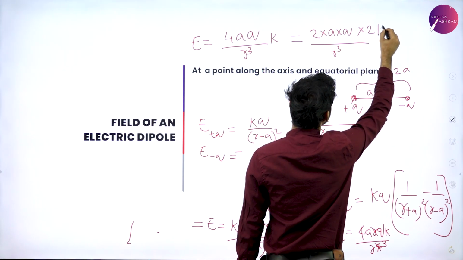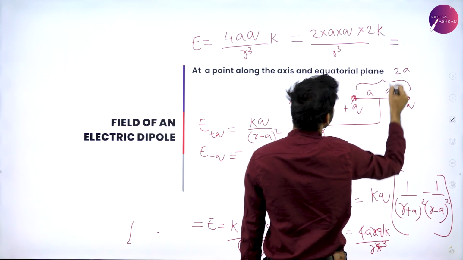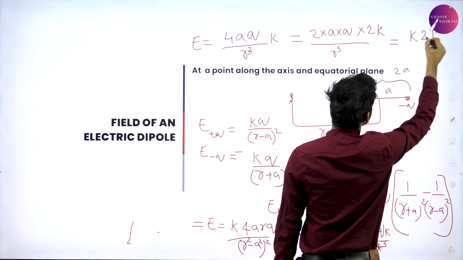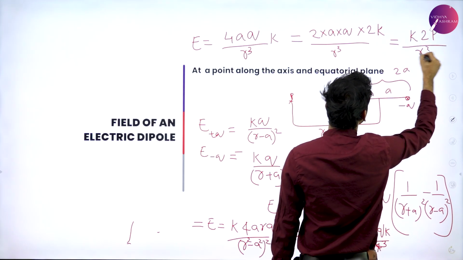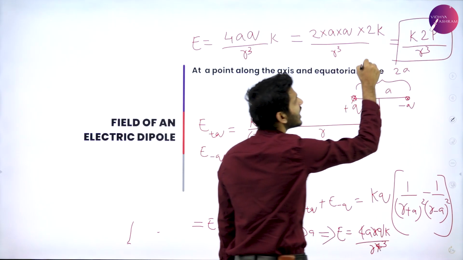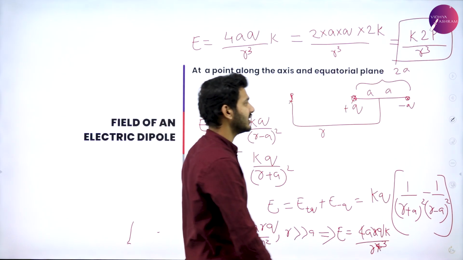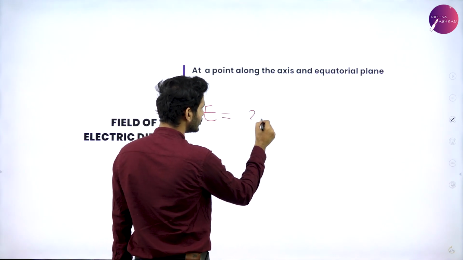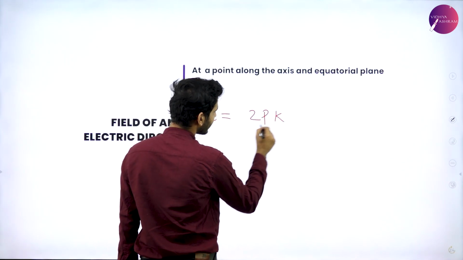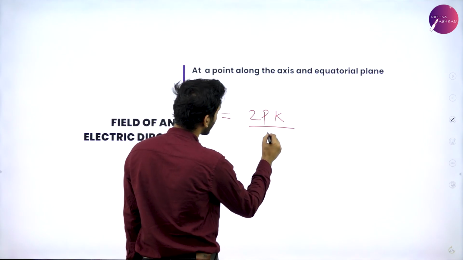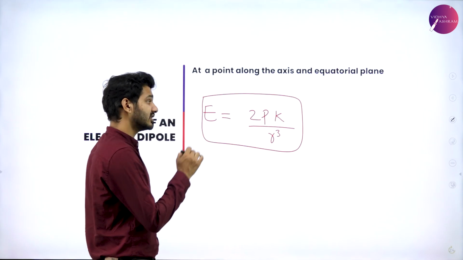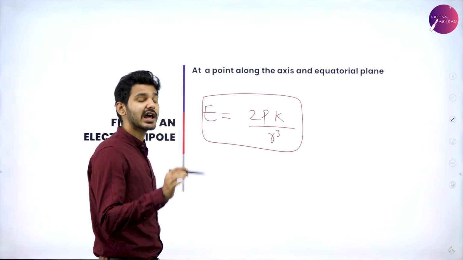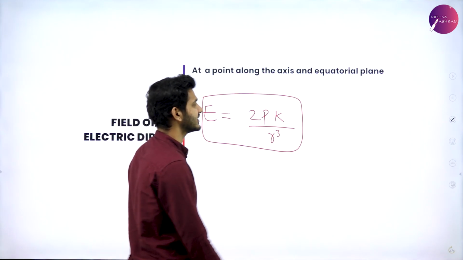And there was a K here. So we wrote this as K into 2p divided by r cube. So this was our final equation, which we have written as E is equal to 2pK divided by r cube. So this is the equation for an electric field which is situated along the axial points,